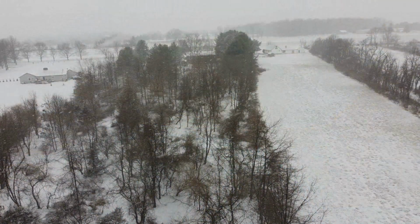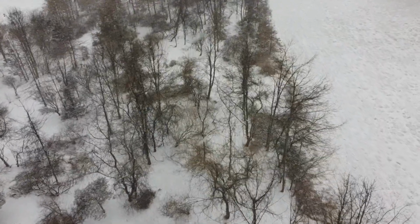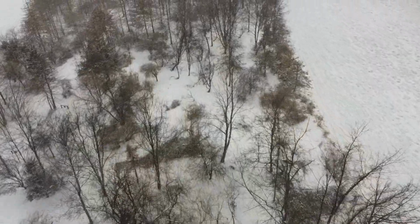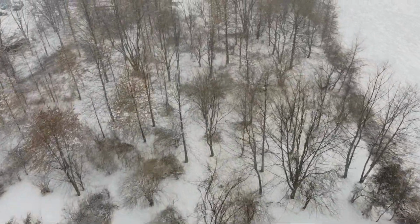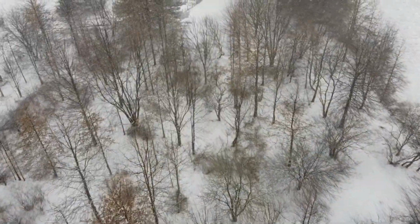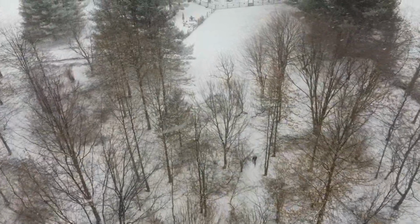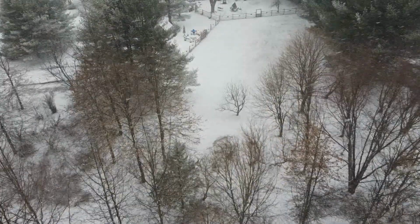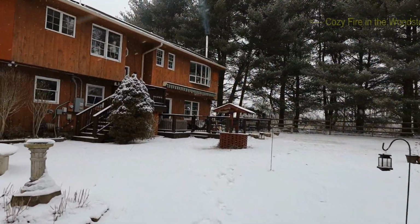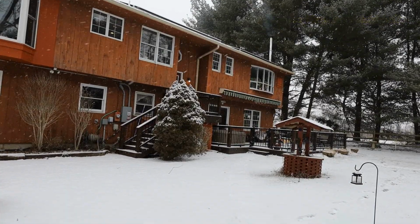I've hooked up an umbrella here because I don't want the camera or the gimbal to get too snow covered, so it's a little hard to deal with, as you might imagine, and it looks like a strange contraption too. Anyway, let me turn this back around and try to make my way through the garden gate. And this umbrella isn't exactly rock solid. Oops, and it gets caught on things. But anyway, there's the house, and